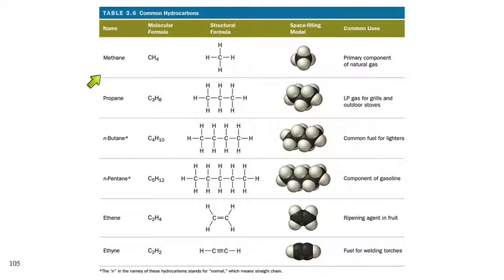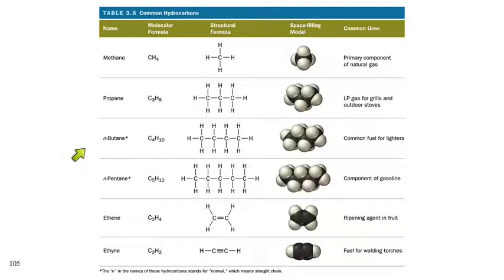So here we have methane. Meth prefix means 1. This has 1 carbon, and then it has enough hydrogens so that all the carbons have 4 bonds. Hydrogen is a little guy, it can only make 1 bond. Propane, the prefix prop means 3, so 3 carbons in a chain here, and enough hydrogens to go around.